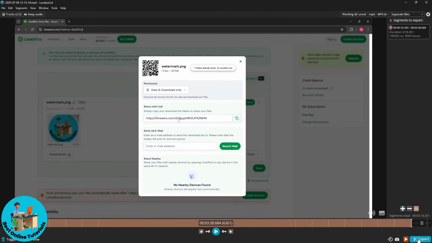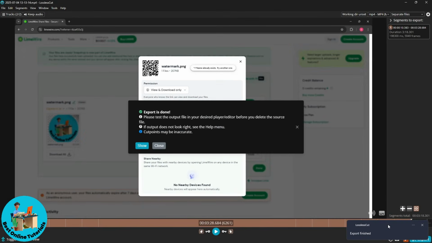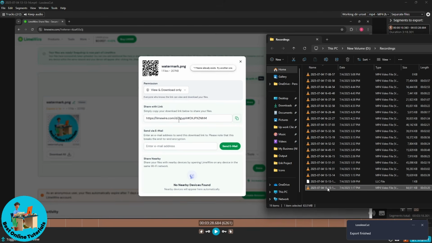Now just simply select export down below and you will have here a bunch of files or text. So in my case, just simply don't do anything and just simply click on export to trim the video. And after that, just simply select show and you should be able to have the file that is trimmed down